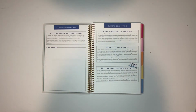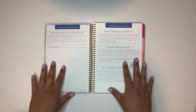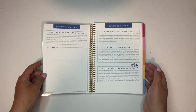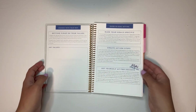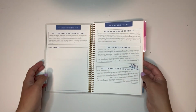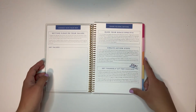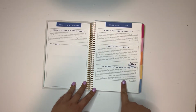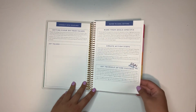So at the workshop, they did say that they wanted us to actually use this right away, because so many of us hoard planner supplies without using them. So they did encourage us to write in this and put stickers in it as soon as we got it in our hands. So I do have this little gold check-in sticker, because we were supposed to put a sticker next to